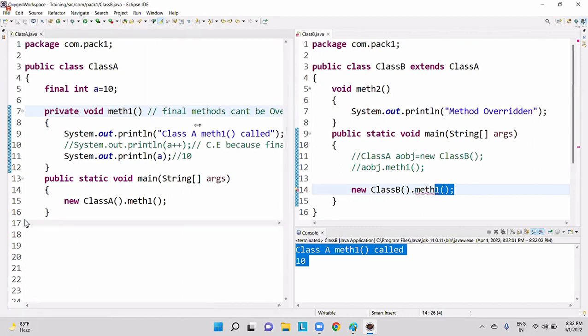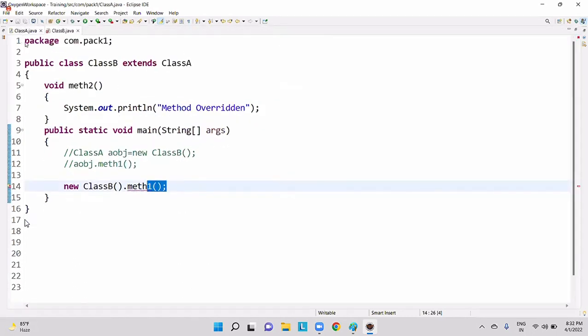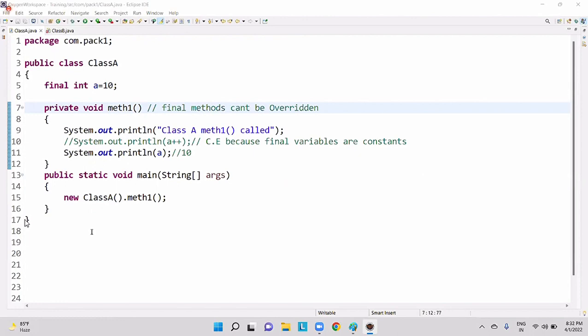Now, let me write a very, very small point here.